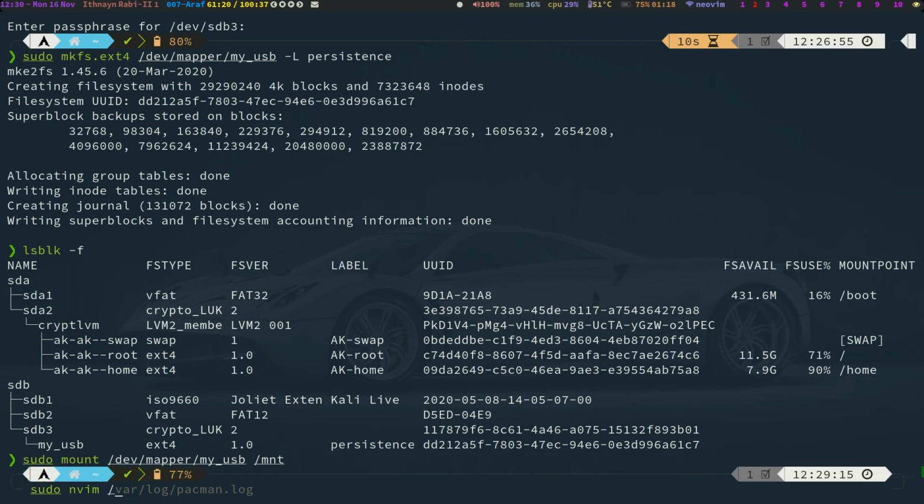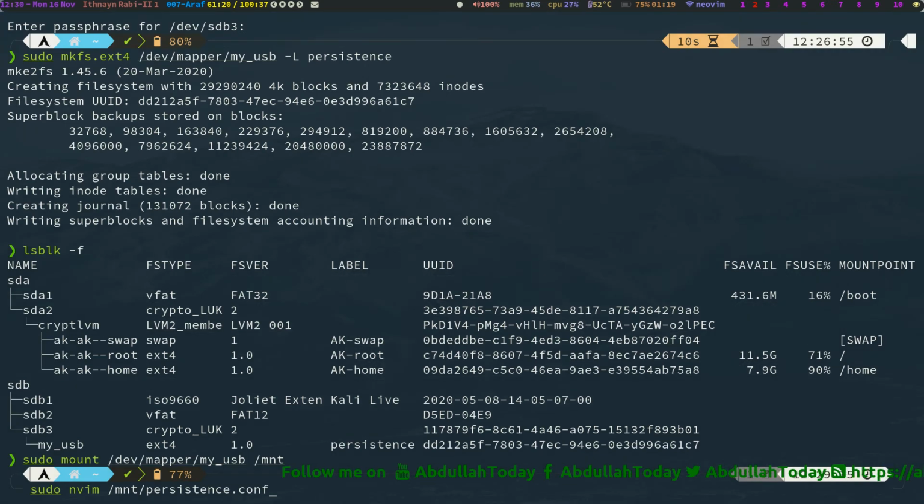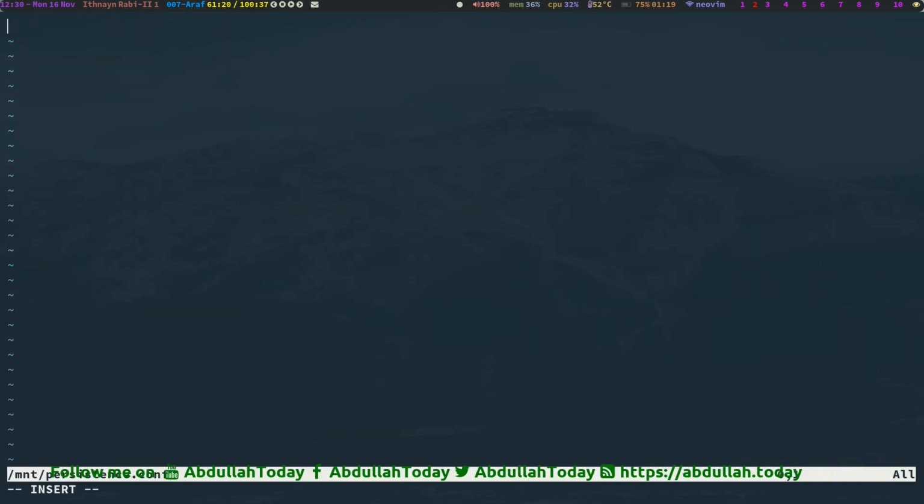So write the configuration file into the mounted my_usb. It was mounted at /mnt. So here we are going to write persistence.conf. Here you have to write slash, space, union.